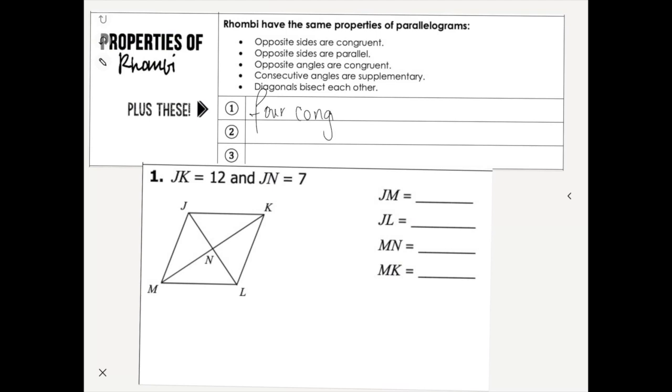congruent sides. Diagonals are perpendicular. Diagonals, and the last one is that diagonals bisect opposite angles. So diagonals bisect opposite